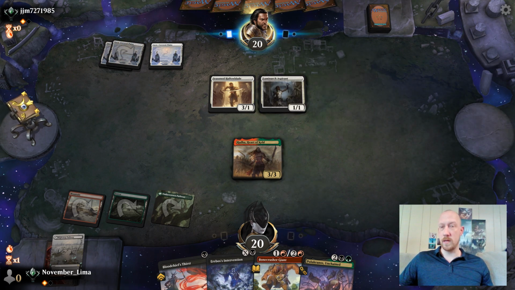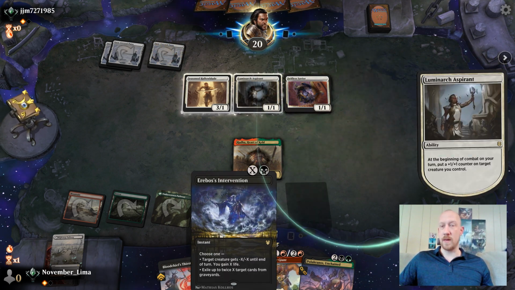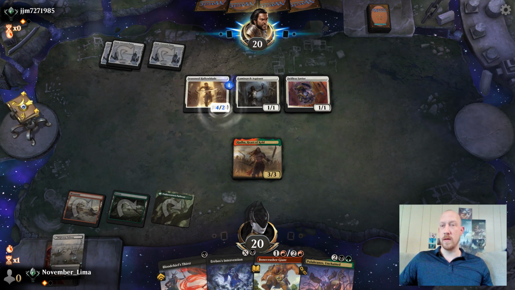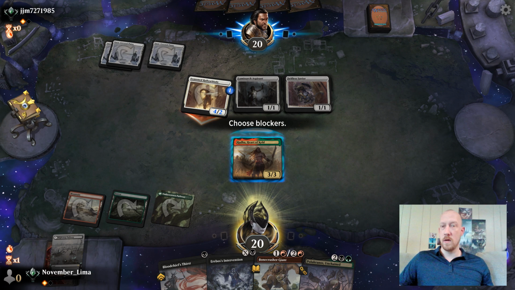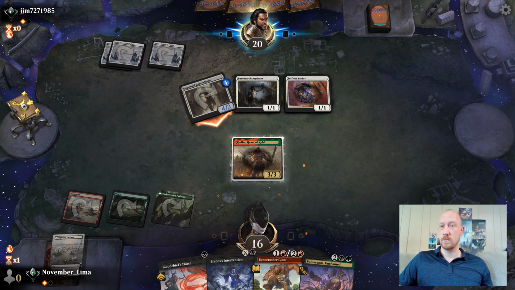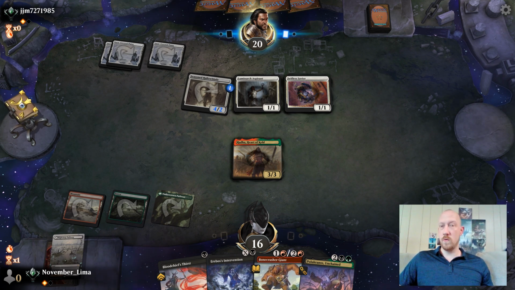Luminarch, so we're probably going to use the Erebos. So Erebos Intervention is fantastic for Seasoned Hollowblade because it actually plays out great against Selfless Savior. And it's indestructible. No block. 4 damage is a lot, but that is okay right now. So...